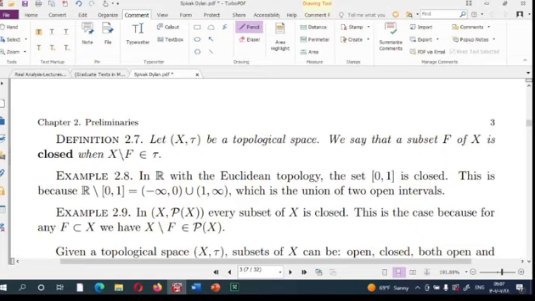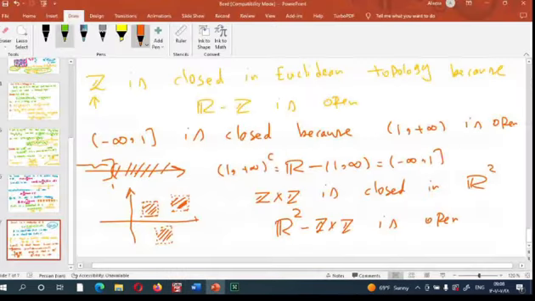Example: in X and P of X, if we consider the topology P of X, or discrete topology, every subset of X is closed. This is the case because for any F, we have X minus F belongs to P of X. X minus F belongs to the topology, so X minus F is open, so F is closed. So in discrete topology, it is important